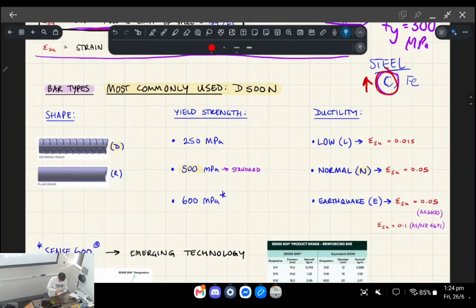Yeah, just talking about the yield strength, other values you might see pop up in this course is 250 MPa. So that's if it's a lower yield strength steel, maybe a more mild steel. And you've also got 600 MPa steel, which I'll talk about briefly as well in a bit. In terms of ductility, a low amount of ductility would be 1.5% elongation. Normal reinforcement should satisfy 5% elongation, okay? And then for earthquake